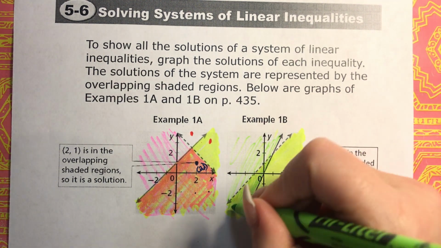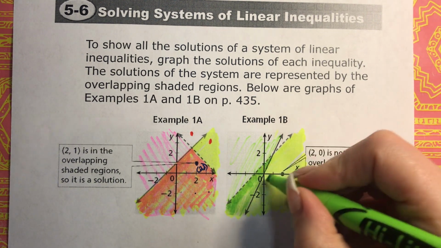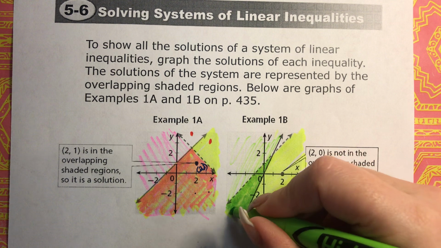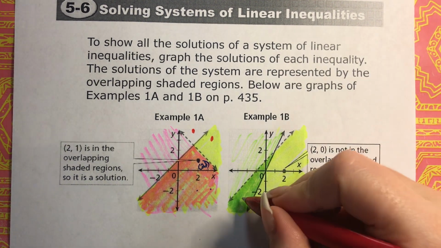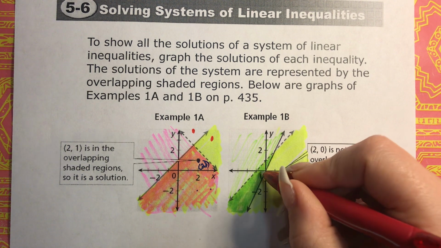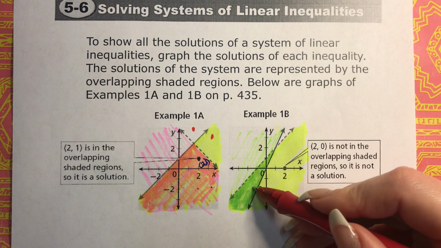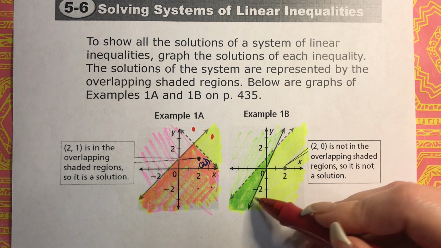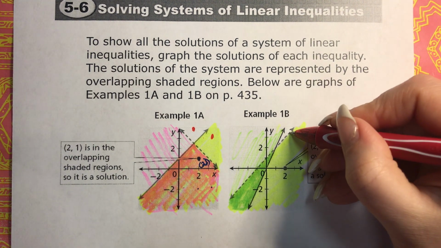So obviously the region that they both overlap is this region right here. So the only solutions to this system are any ordered pairs that are in between in here. These are the solutions, right? So this one, 2, 0, is not in the overlapping shaded region, so it's not a solution. It is a solution to one of these